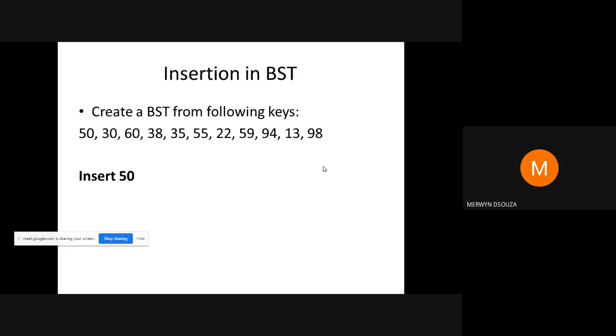So let's start from here. You can just note down all these numbers quickly, and I'll show you the first 4-5 insertions, then you can continue. It's not difficult. And when you're showing it for your exams, you have to show it stepwise. You cannot do it in one diagram. You cannot show everything. You have to show each step. And this will be an 8-mark question for you. You can be asked to write a C program for this, or you can be asked to draw the diagrams like this, show the insertions.